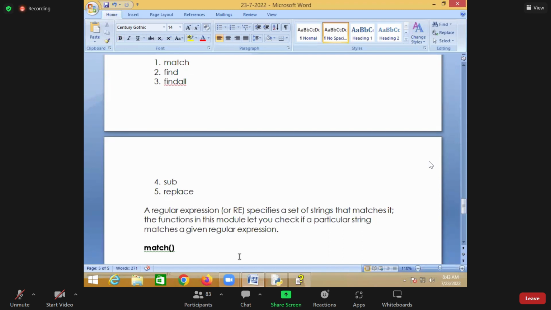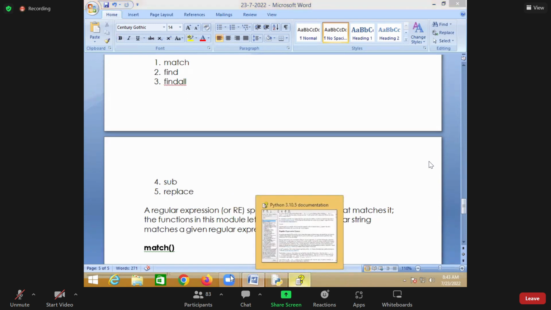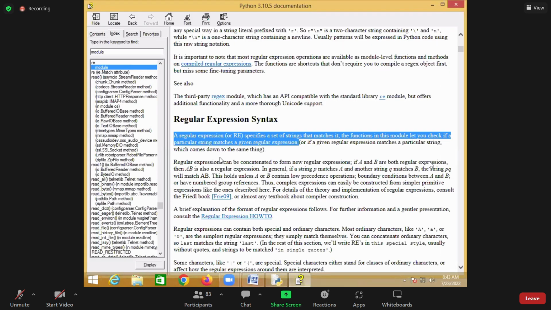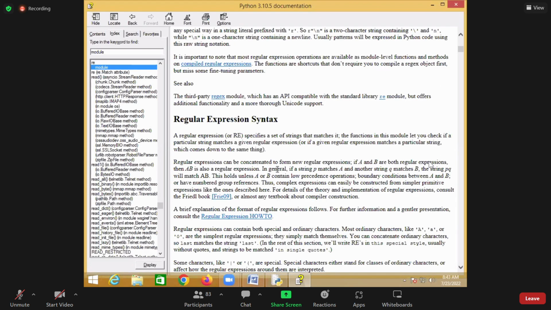If it matches, it will return that. If it doesn't match, it will return what? Empty. If it matches, it will return that. If it doesn't match, then it will return what? Empty. See, regular expressions can be concatenated to form a new regular expression. That is, if A and B are